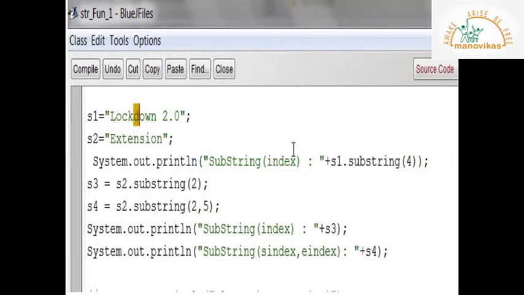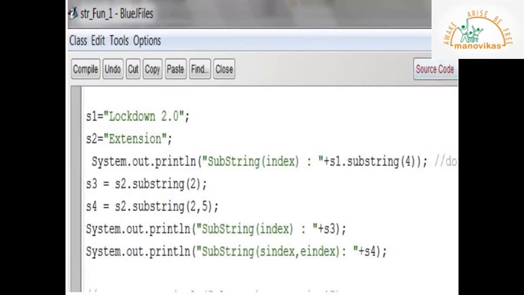So as per the explanation, this particular function will display the substring starting from the 4th index till the end of the string. So your output should be down 2.0. So that should be your output.